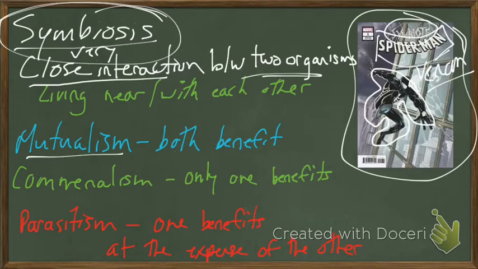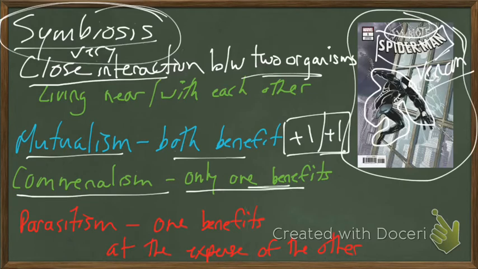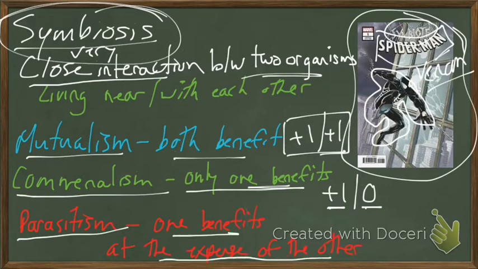Anyways, 3 different kinds of symbiosis. There's mutualism, where both organisms benefit, okay? We call this +1/+1. Both sides have +1. There's communalism, where only one benefits, okay? We call this +1/0. So you have benefit for one organism, no benefit for the other. And then you have parasitism, where one organism benefits and it's actually at the expense of the other. Okay, so we call this one +1 -1. Okay, so this one's bad.